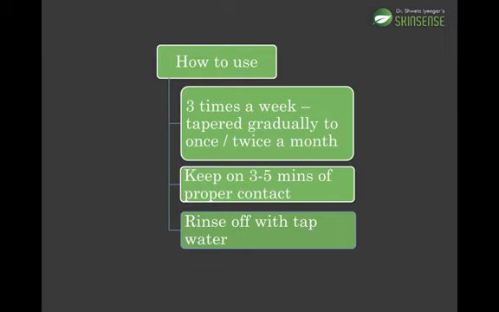And one more thing is, keep that contact time. So we spoke about the actives. The actives are something like a medicine. So then if you are using actives on the scalp, of course there has to be a contact time. Unless you wash it off in like 20 or 30 seconds, how will the actives even get time to act? So you need to keep it for 3 to 5 minutes.